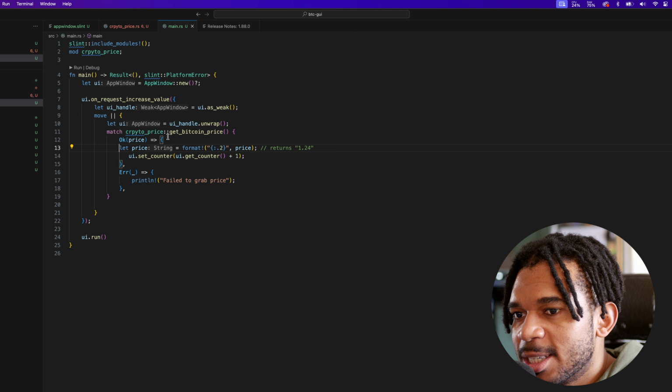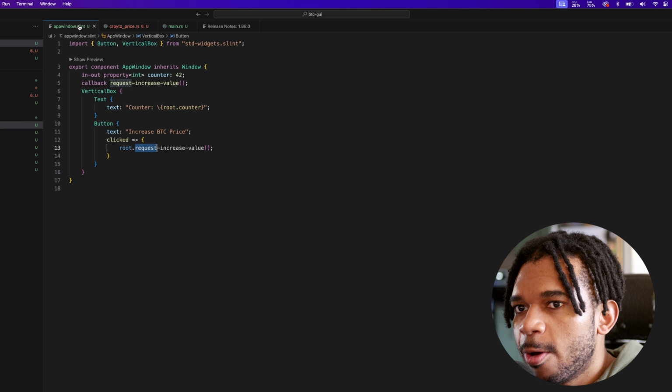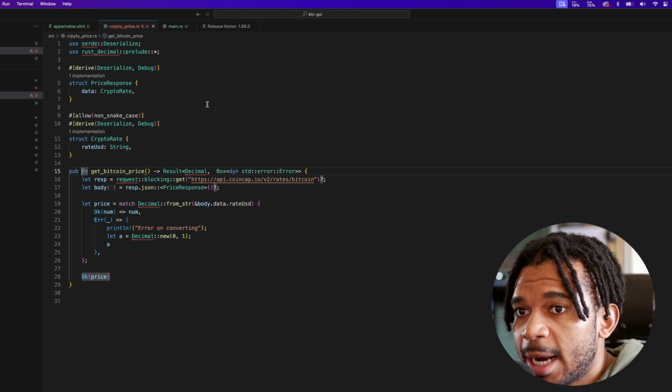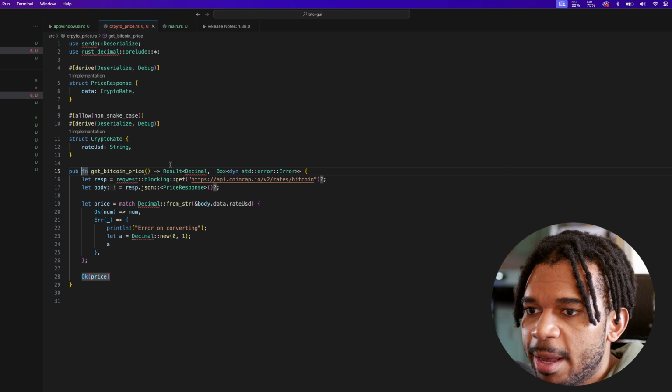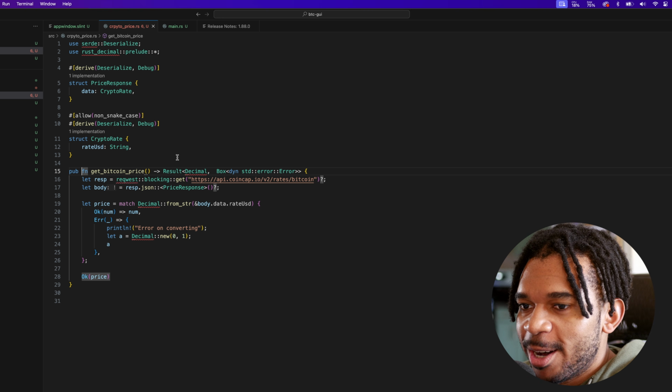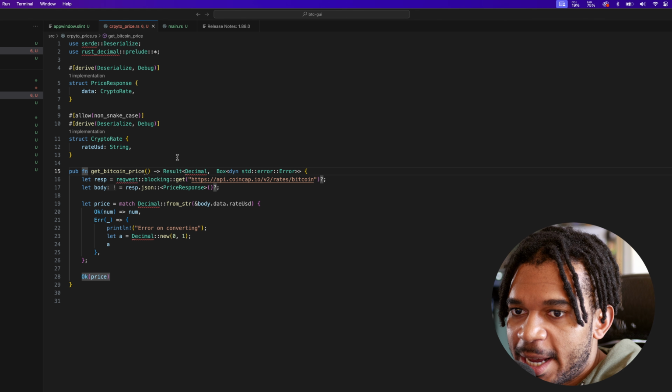Now the problem is we're going to convert this to a string, but if we go back to the Slint UI, this is going to be an integer. So this is probably not going to work. And we also got some import errors too. So let's do one thing at a time. I get super excited when I do this. Let's go first and let's